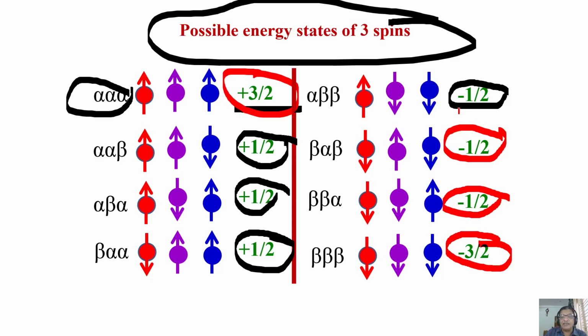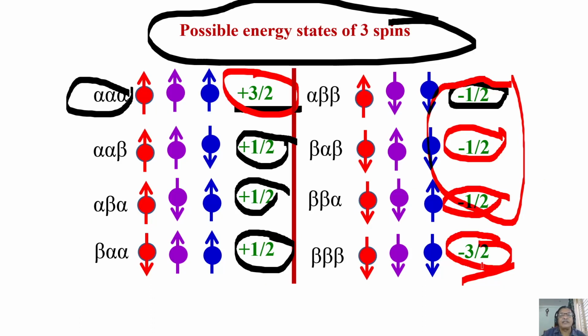Similarly, this is minus half, minus half, minus half. All the 3 now have same energy. This is minus 3 by 2. So, how many energy states can you think of? Only 4 different energy levels, out of which one is 3 by 2, other is minus 3 by 2. The remaining 6 energy states, out of which these 3 are of equal energy and these 3 are of equal energy. So there are 8 energy states, out of which 2 are distinctly different like this, and these 6 are distinctly different in such a way these 3 have plus half energy and these 3 have minus half energy.